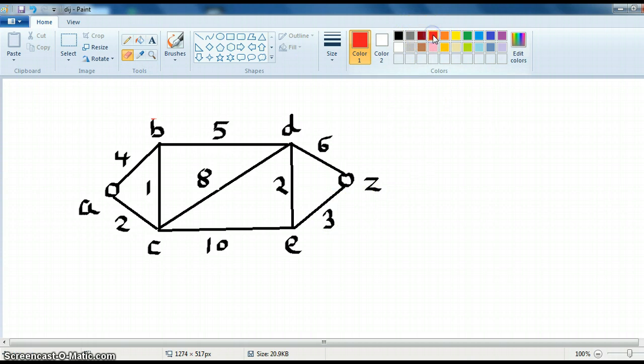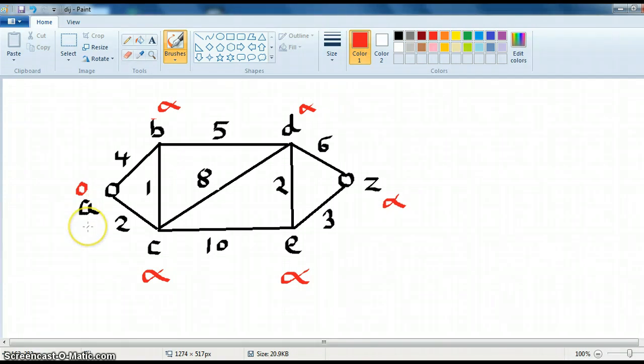For Dijkstra's algorithm, we will label all the vertices as infinity. Only the starting vertex, that is A, should be labeled as 0. Now for Dijkstra's algorithm, we take the minimum cost. Among all these, the minimum is A, that is 0. So we will start